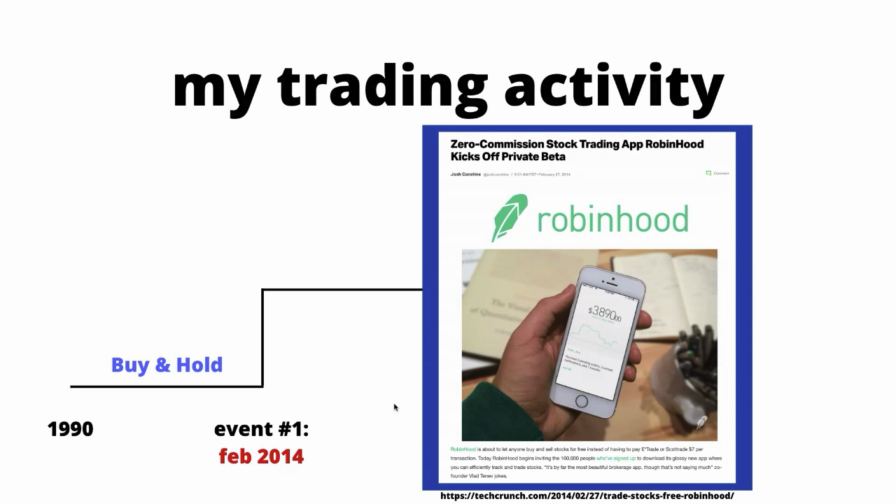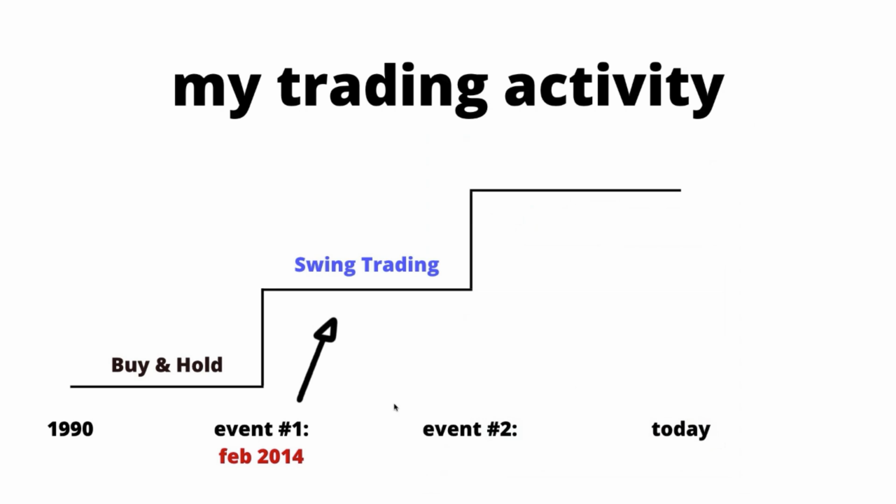In February 2014, Robinhood introduced their mobile trading platform, and they said, if you trade over here, there's zero commission. That allowed me to buy and sell stocks without paying a commission, which was huge at the time. Now, you'll notice the majority of discount brokers offer zero commission trades. So this really opened up trading, not only for myself but the entire community, and made it accessible for everyone to take advantage of. And at that point, I started swing trading.